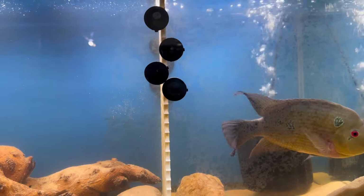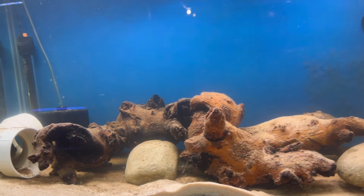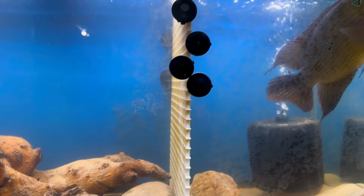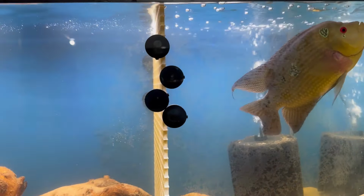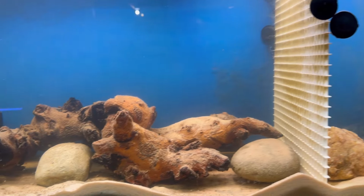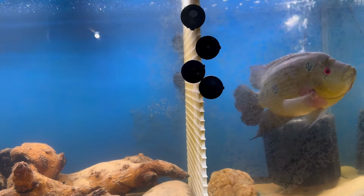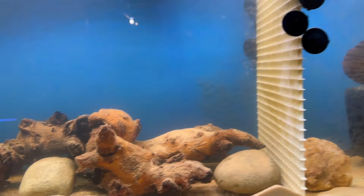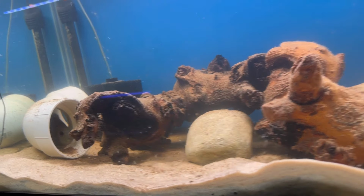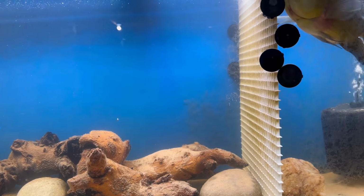So if you're wondering what's going on while I have this portioned off with Hermes in a small portion like this, it's because I'm gonna try something. I put a lot of wood and hides and stuff in here, and it's something that I learned watching Andy Woods, watching his channel. Sometimes what you do is you put a lot of hides over here and separate them and give them about 2 weeks or so, so the female can really learn the lay of the land in this tank. You know where all the hiding spots are at and everything, and then when I take that divider out,